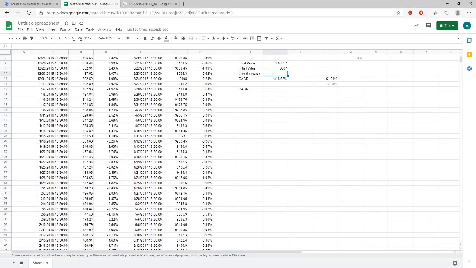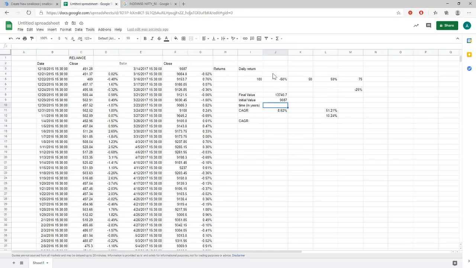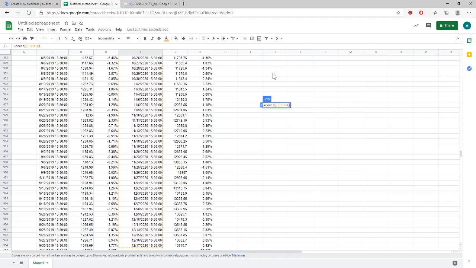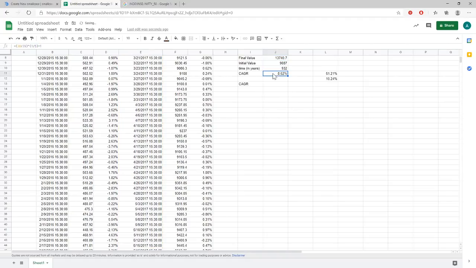So you count the number of days which you are basically taking. So here I will count all the days from my start date to the final date. So there are 932 days. Now in a calendar year, there are 255 days. So you can approximate it to be 255 working days basically. And you can just divide by this, which will give you the number of years. So basically the random date that I chose to today is 3.65 years.